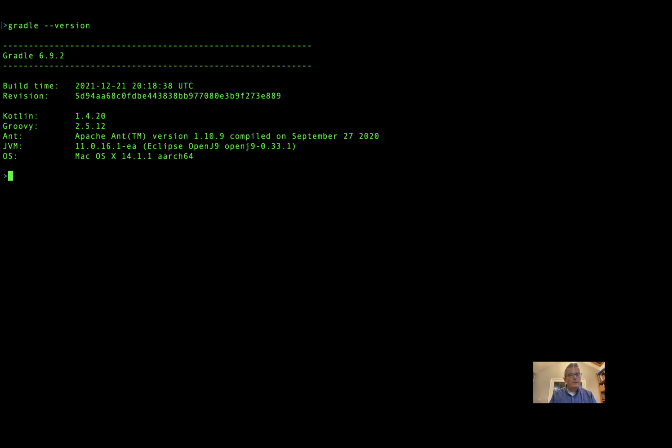Now I'll check Gradle. We use Maven or Gradle to build test cases, and the Java must be version 11, not 17 or lower than 11. So Gradle 6.9 is great,